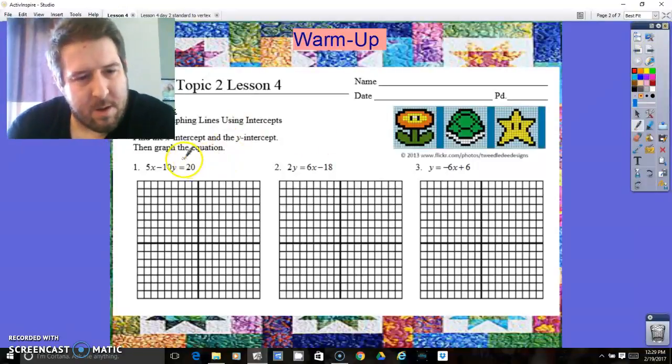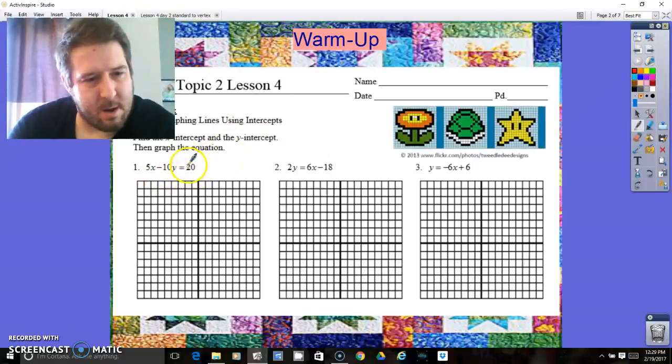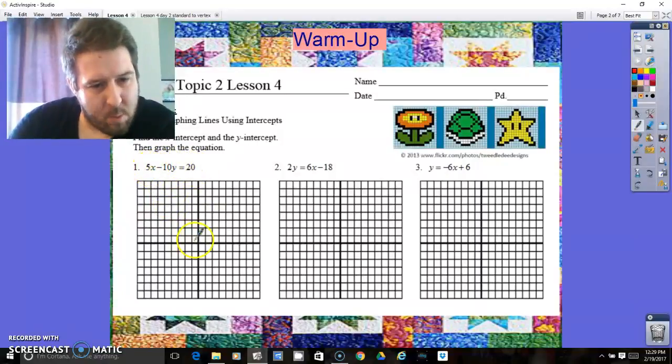All right, so starting off with the warm-up, we got linear equations here. We're going to find the x and the y intercepts. 20 divided by 5 is 4, so that has an x-intercept of 4, which is right there. 20 divided by negative 10 is negative 2, so there's 2 points on the line, which means I can now